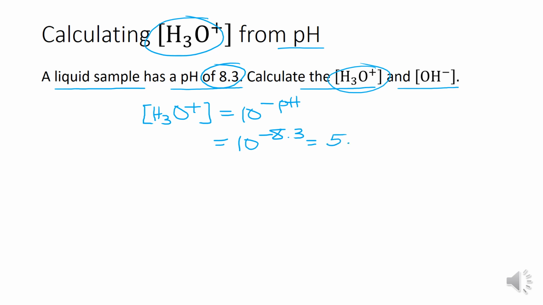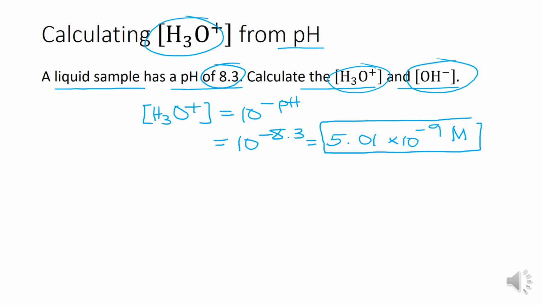So 5.01 times 10 to the negative 9, and that is the answer to the first question, which is the concentration of hydronium ions. So that is a final answer. So let's indicate the unit molarity. Now we can calculate the concentration of hydroxide ions